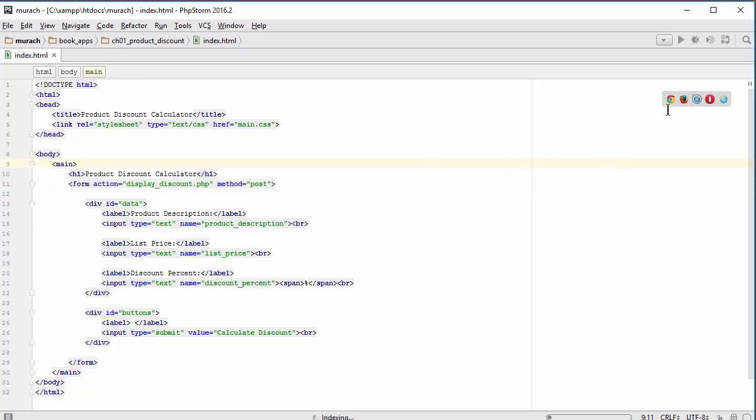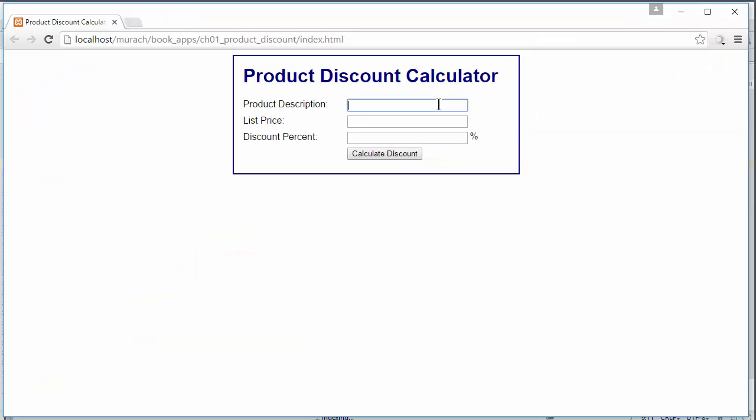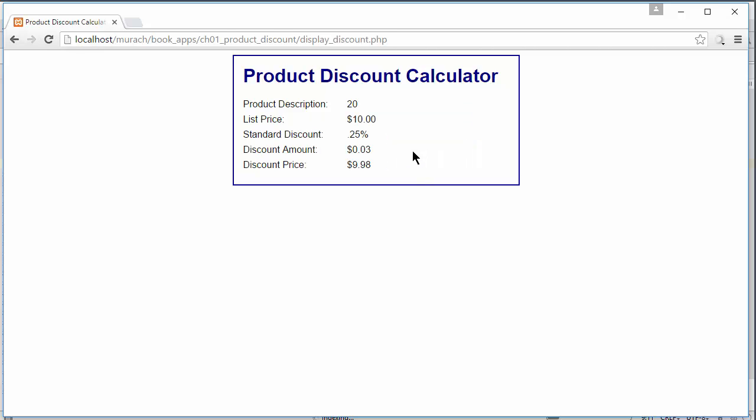And if I were to launch that, I can fill out the information. And now the PHP is executed. Now just to show you,